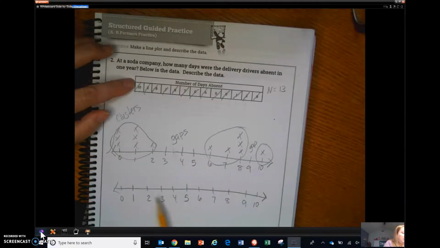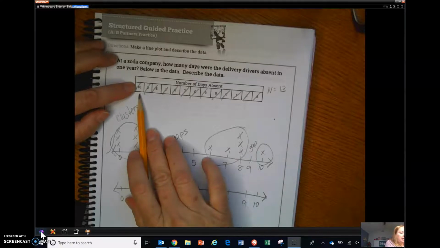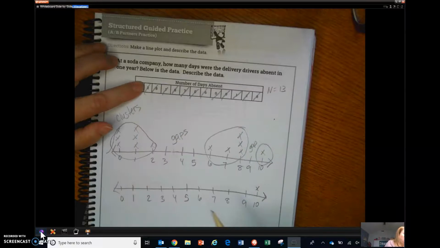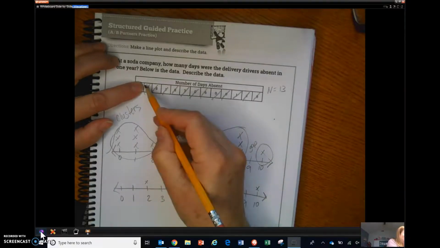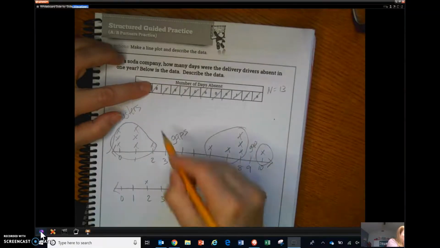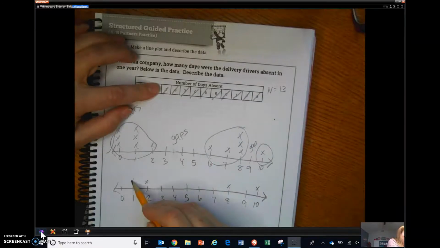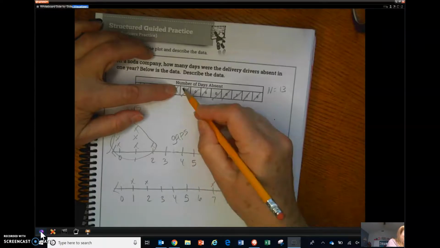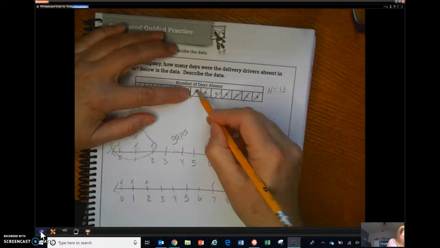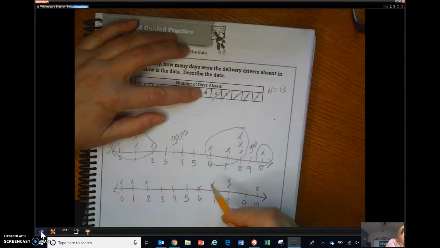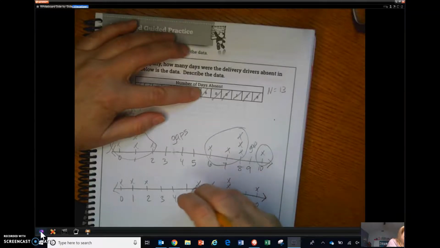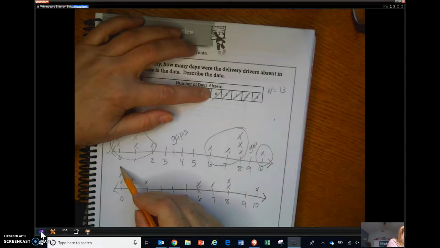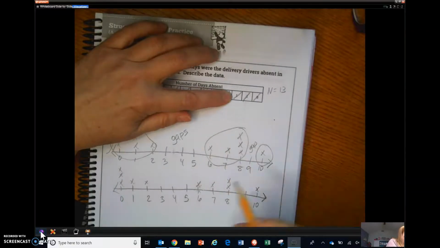So once you have your line set up, just start graphing data. So there's a 10 there. Just put an X, cross it off. There's a 2, cross it off. There's an 8, cross it off. There's a 1, cross it off. 8, 7, 0, 6. Oops, I should put it right a little bit above. 2 zeros, 2 ones,